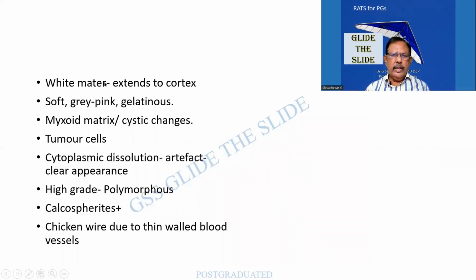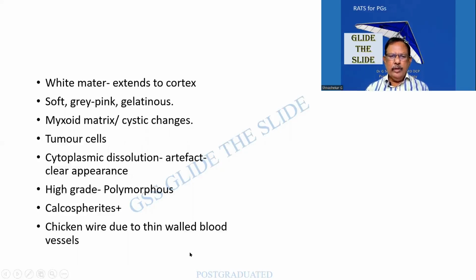So it starts in the white matter, extends to the cortex. Soft, grayish pink, gelatinous. It will be having a myxoid matrix. There can be cystic changes. The tumor cells will be showing cytoplasmic dissolution. So the clear cytoplasm that we see is supposed to be an artifact. High-grade tumors will be more polymorphous. Calcospheroids or concentric rings can be seen, which is classical of it. And chicken wire due to thin-walled blood vessels. So these are all the